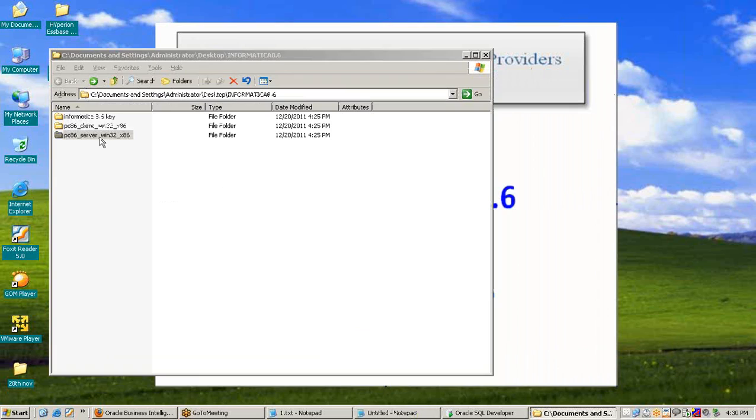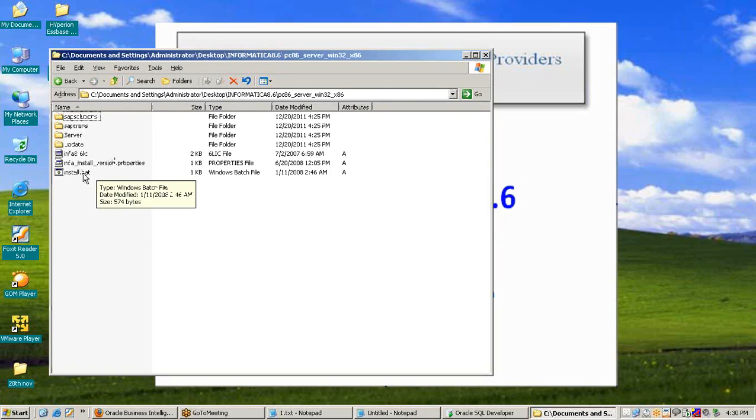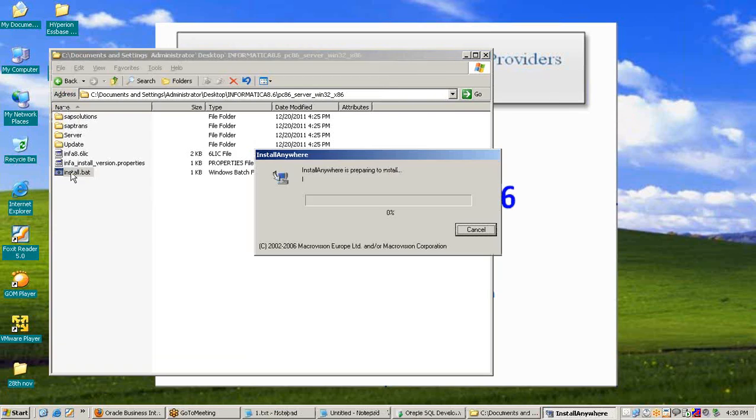So open the downloaded folder for server, PC86 server Win32, double click and open. Then here is the install.bat file. So execute the install.bat file. Double click on the install.bat file. Then installation starts.